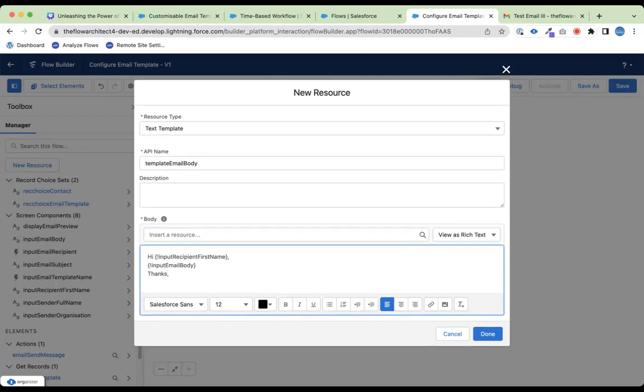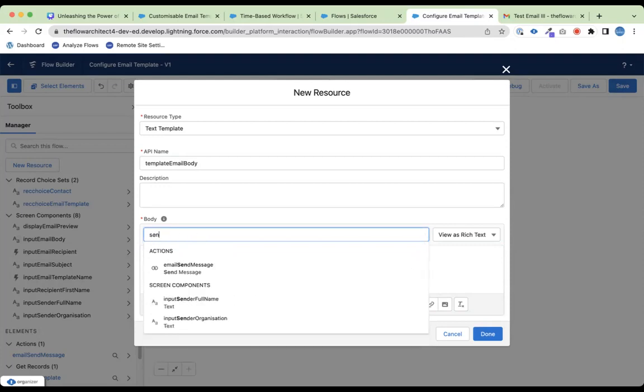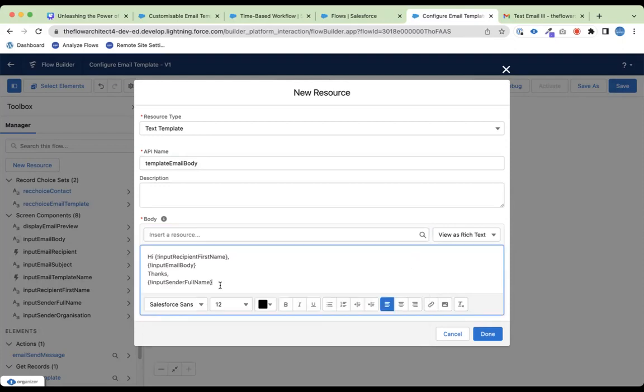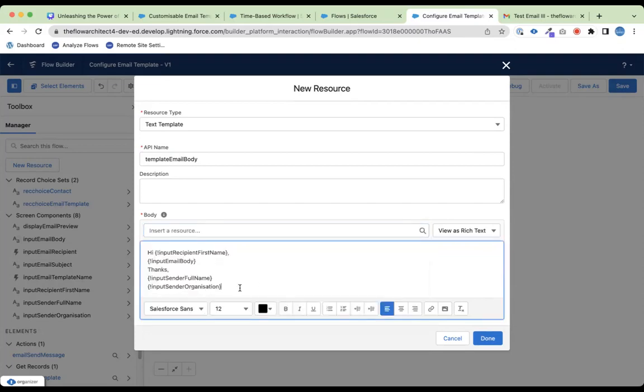And then have underneath here, sender full name and sender organization. And what you'll see there is, by doing a little bit of jiggling around with this, I've been able to just have the email body here and then my recipient first name there. So what you'll see here is if I click on done